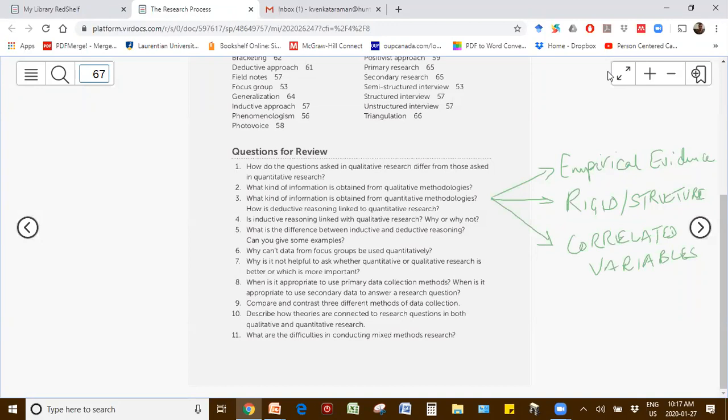So let's answer part 2. How's deductive reasoning linked to quantitative research? So quantitative research equals deductive reasoning, right? You deduce something. Just a refresher. Deductive reasoning is when you start generalizing, you narrow it down, right? Correct. How is the reasoning linked to quantitative? Because you take a sample from a population and then you narrow it down and then you get better statistics, I suppose, as to what it represents.